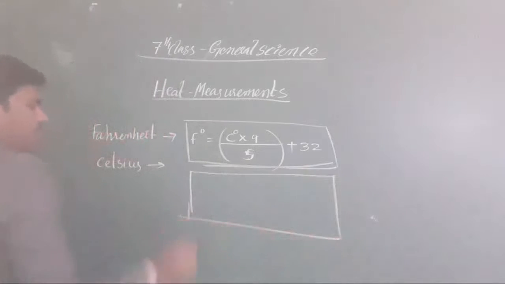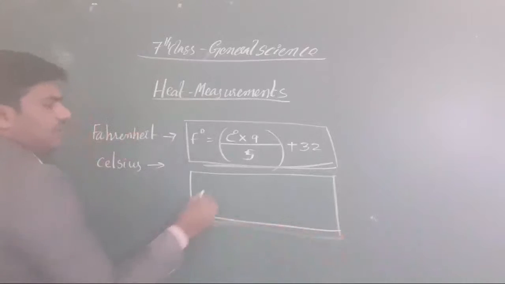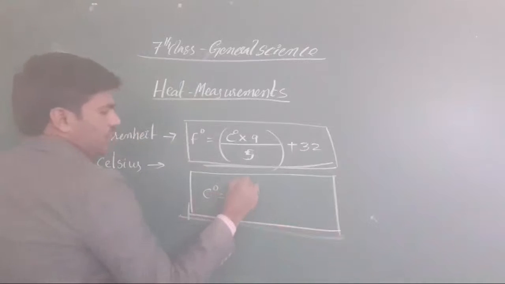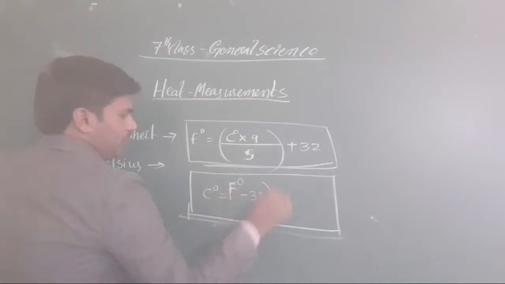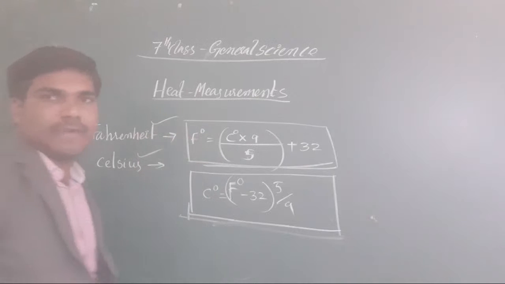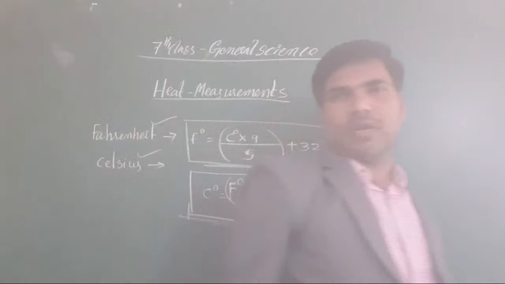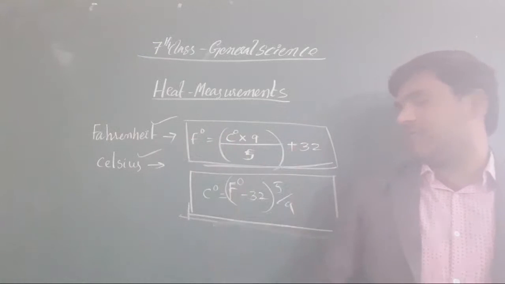Once you check it here, Celsius we have taken here. How do we get a Celsius degree converted from the Fahrenheit degrees? For this purpose, we take our formula. What is that? Minus 32 into 5 by 9. This is the formula we have taken for Celsius purpose, and this is for Fahrenheit purpose. Got it or not? This is about the degrees, how to convert Fahrenheit and Celsius.